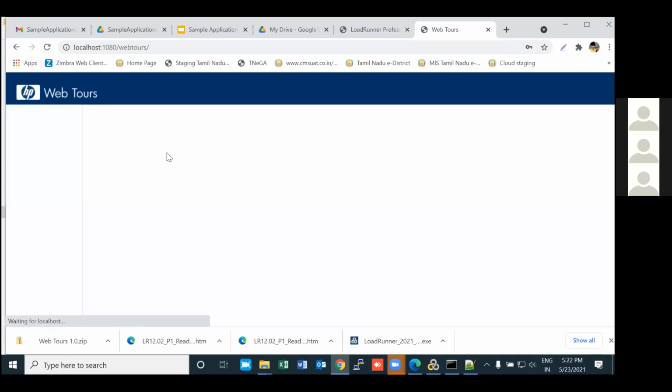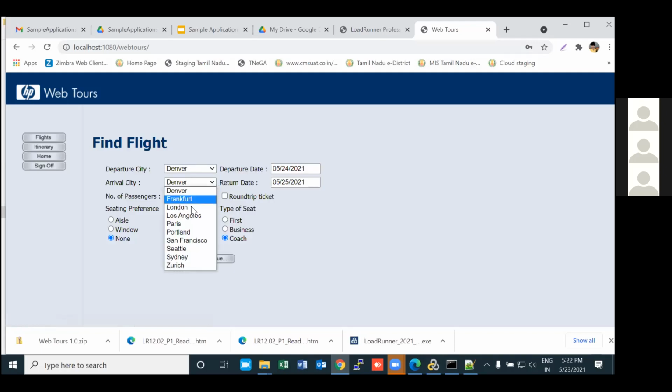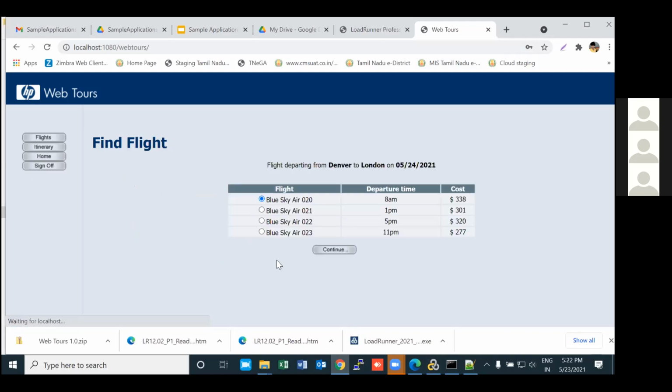So while booking flight tickets, you can book a ticket for a random flight, right? Or else your requirement may be something like this. Your client requirement is something like this. You have to book a ticket for the cheapest flight, right? So here we have 4 different flights, right? Morning flight, afternoon flight, evening flight, nighttime flight, whose ticket cost is different, right? So this is the cheapest one, right?